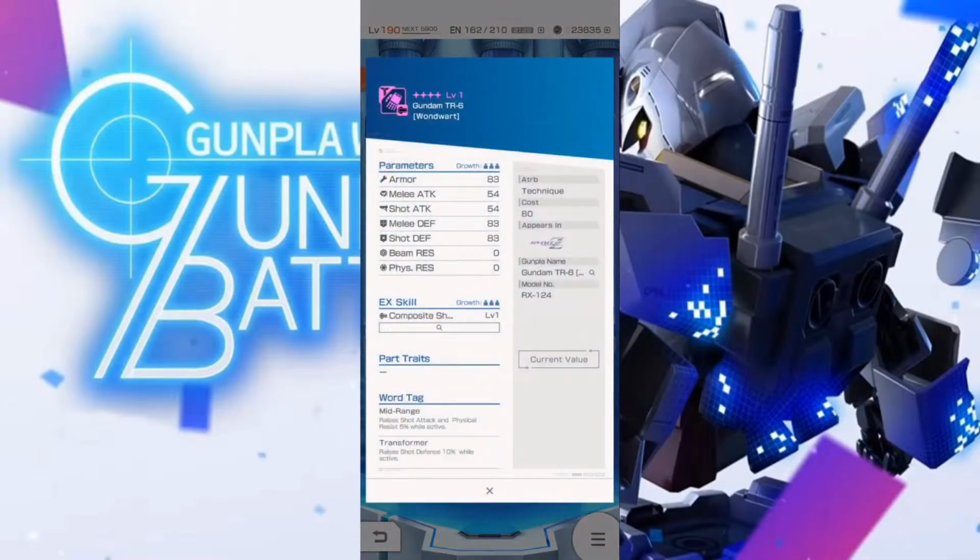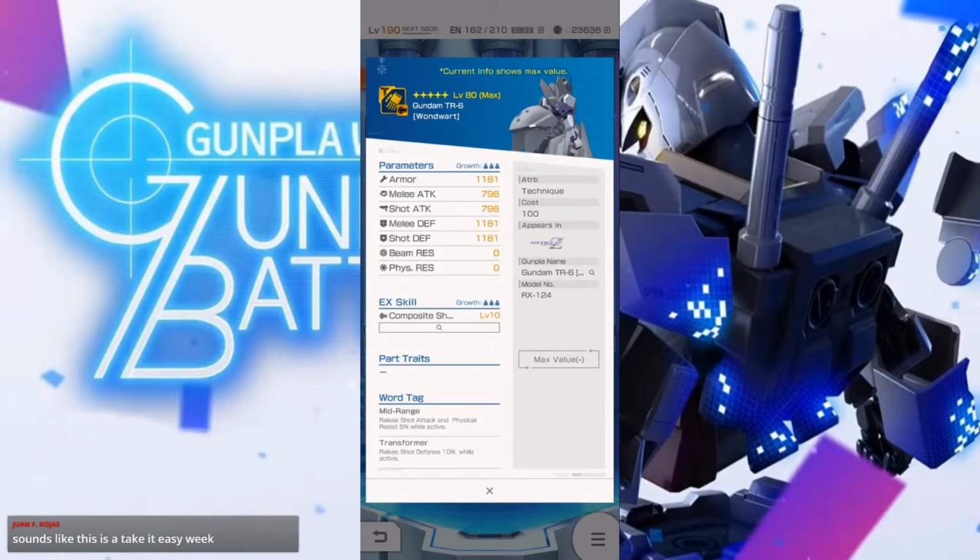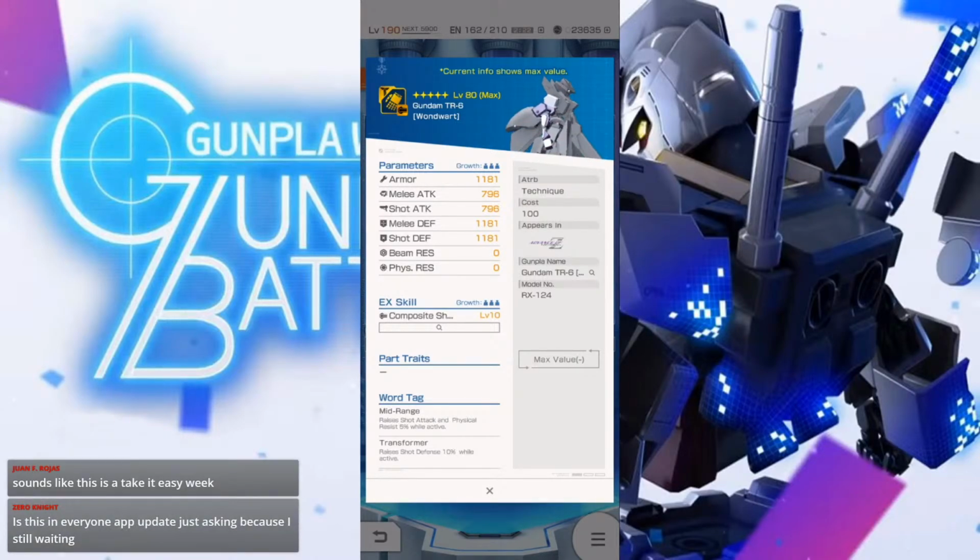Let's look at the arms. Mid-range transformer. Oh. Sounds like this is Take It Easy week. It kind of is, but at the same time, that's to be expected. Whenever something's going to be put into the standard pool afterwards, there's no pressure to roll, because you can just use your pick tickets or premium materials afterwards, right? So...